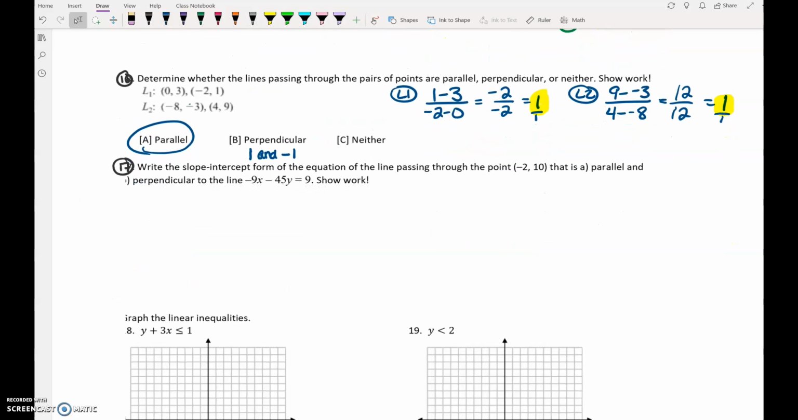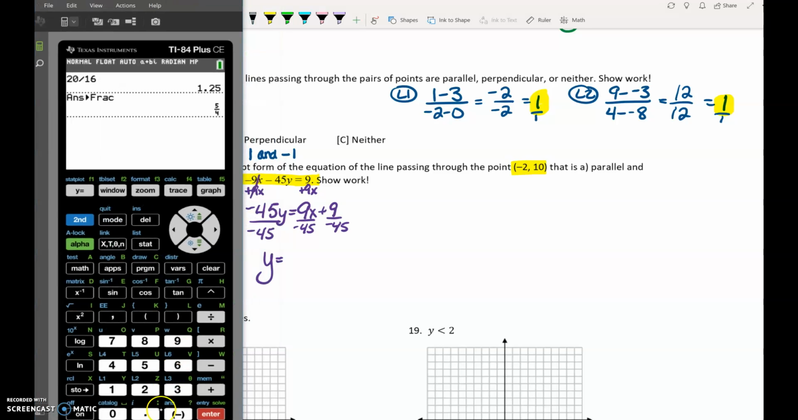Number 17, I glanced at the test and I found that the problem on the test, hint, hint, wink, wink, is asking you to write the slope-intercept form of an equation passing through the point that is perpendicular to the line. So that's what I'm going to show you how to do on the video. First thing we need to do is figure out what the heck is the slope for this line. So I would add 9x on both sides. Divide both sides by negative 45 to get y equals,